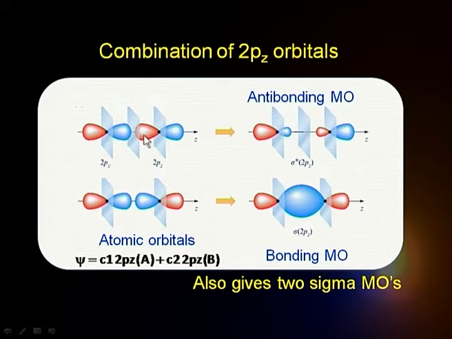And in this case, when they combine destructively, you can see that the 2 opposite lobes are there, one a positive lobe, one a negative lobe. We find that this internuclear region becomes deficient of electrons. There is an anti-bonding molecular orbital. So, here again I am going to get 2 sigma molecular orbitals.